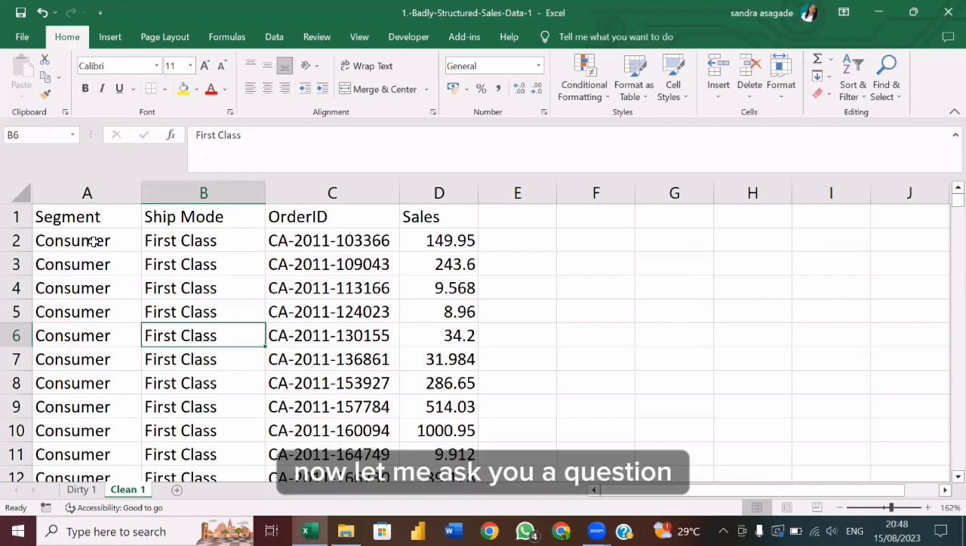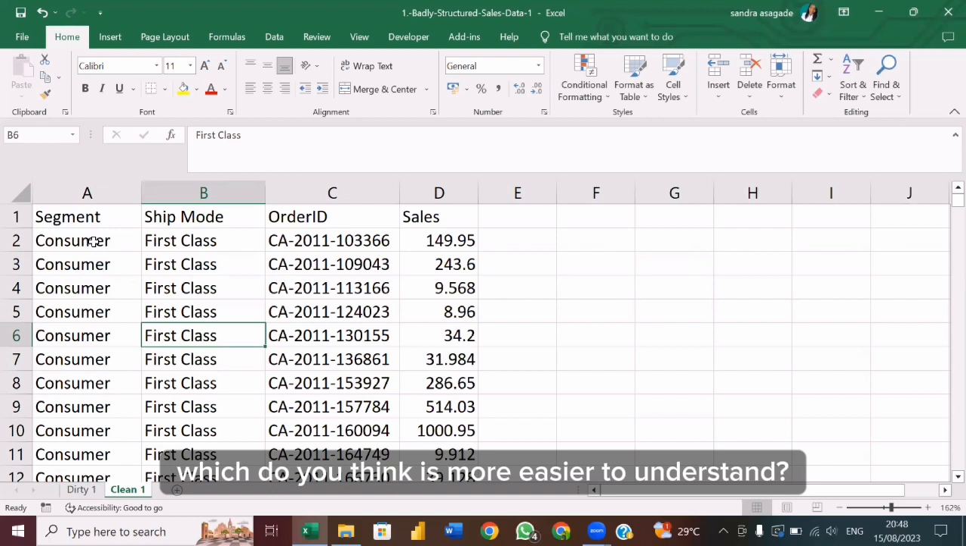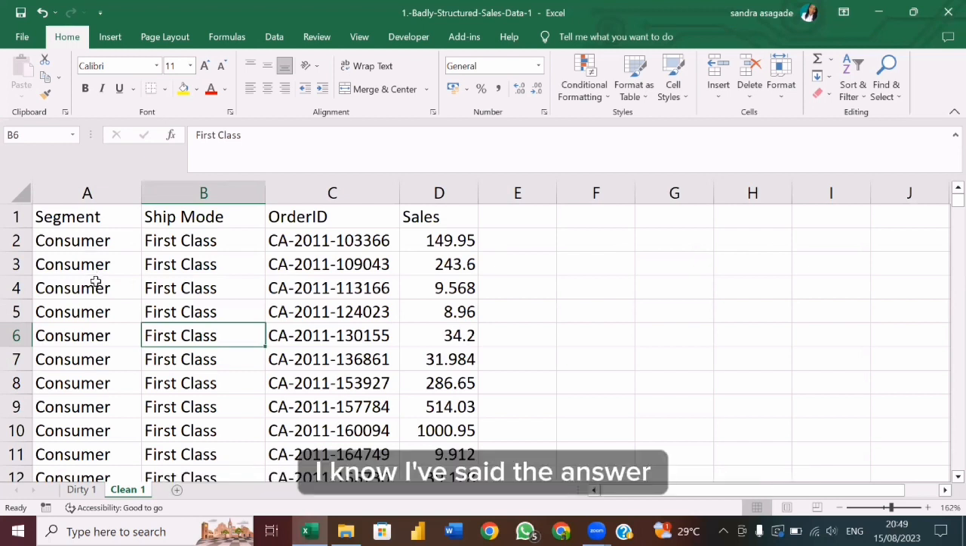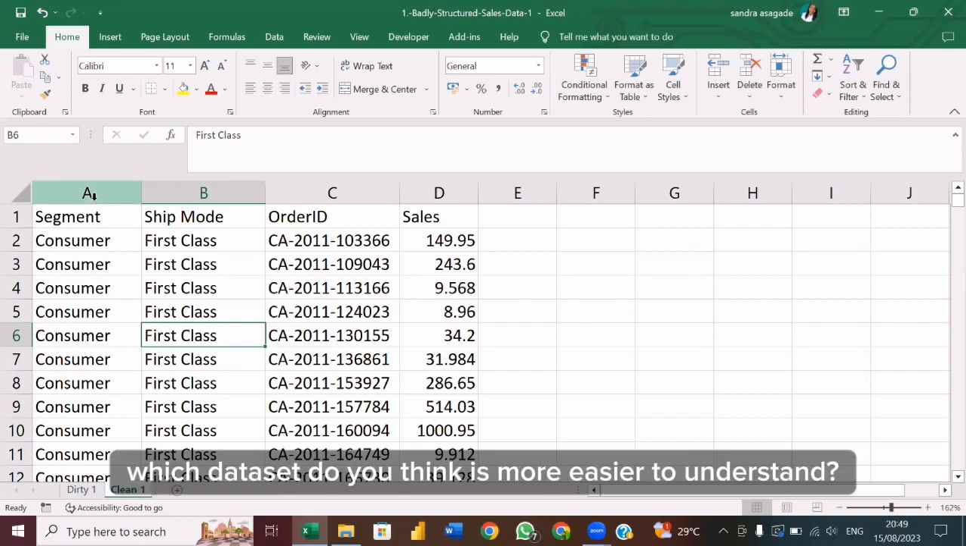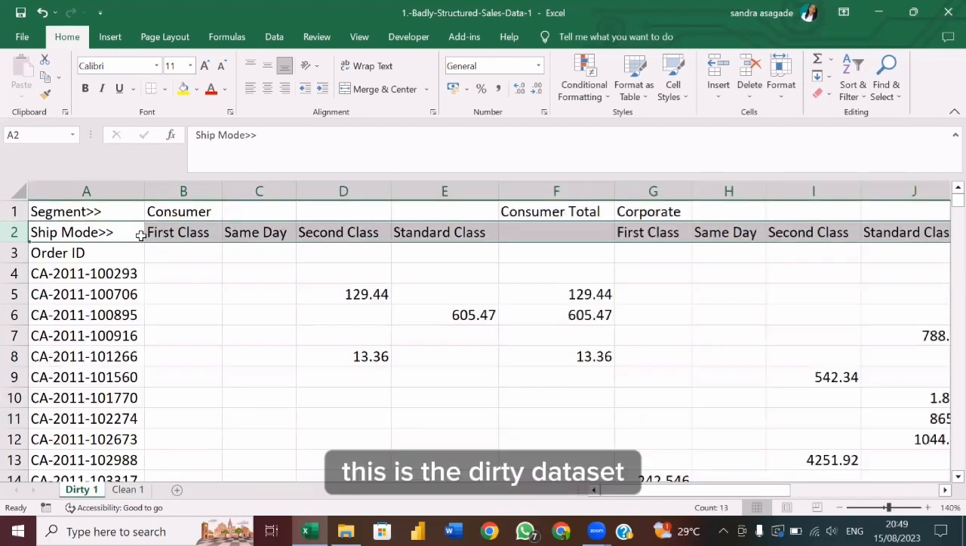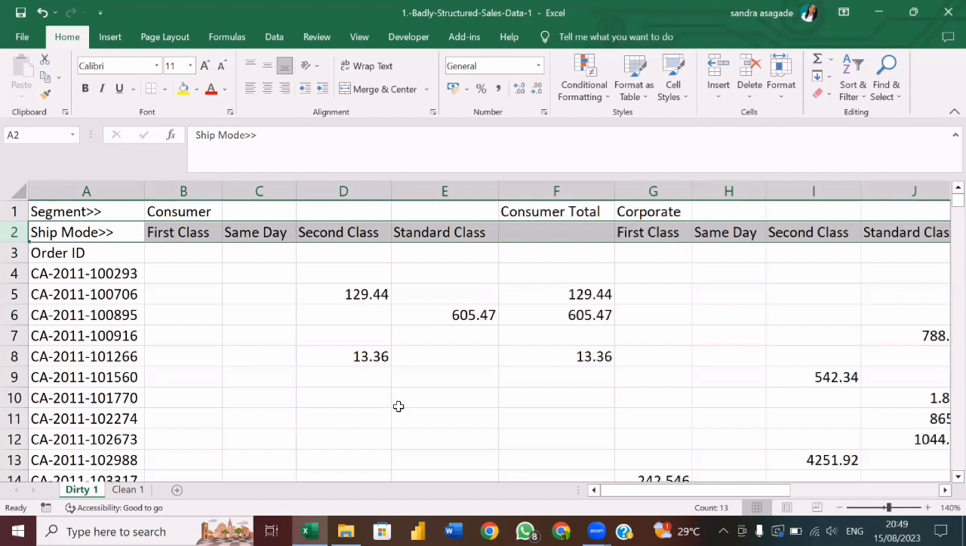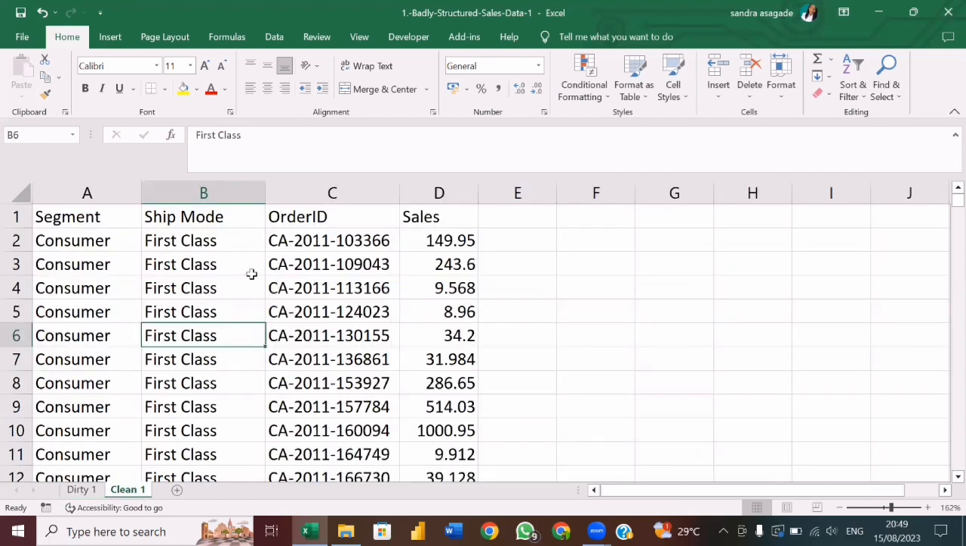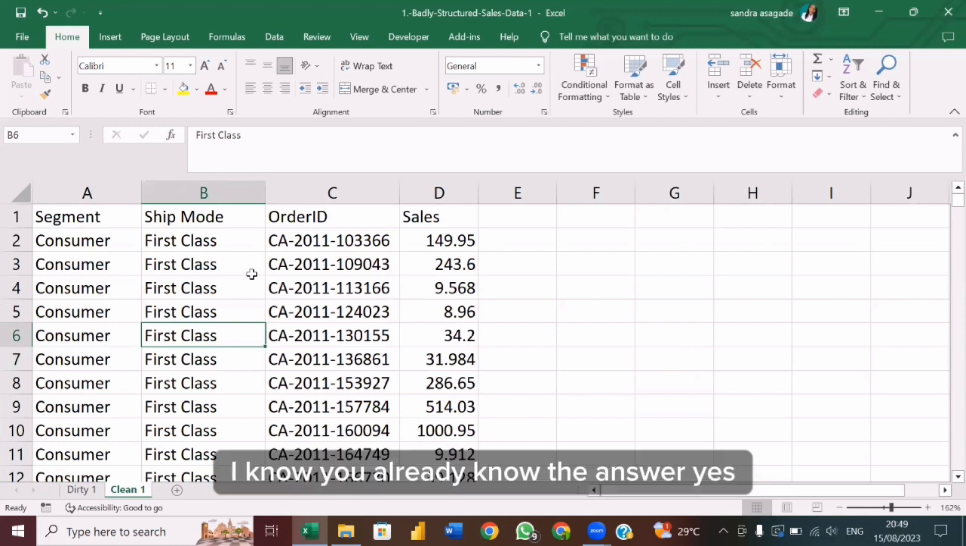Now let me ask you a question. Which do you think is more easier to understand? I know I've said the answer, all right, but to you, which data set do you think is more easier to understand? So this is the dirty data set, and this is the clean data set. I know you already know the answer. Yes. So this clean data set is more easier to understand